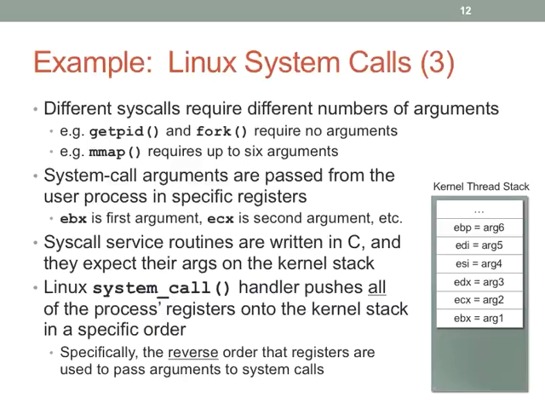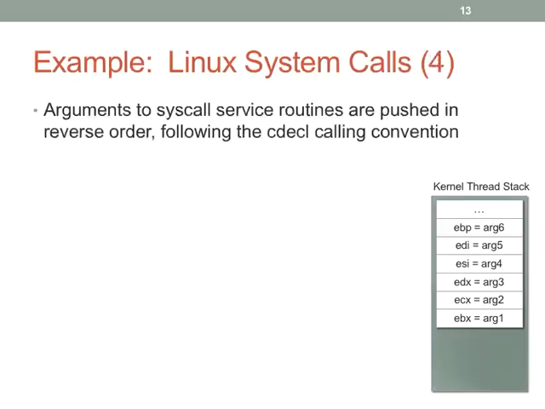And so what the system call handler does is it always pushes all the registers in a specific order. And it pushes them in the reverse order that the arguments are used to pass the arguments to the system call handlers. Now you may already be thinking cdecl, and that's exactly what you should be thinking. So the last argument is pushed first, then the next to last, and all the way up to the first argument, EBX. Okay, so they're pushed in that order. And now that we have this set up,